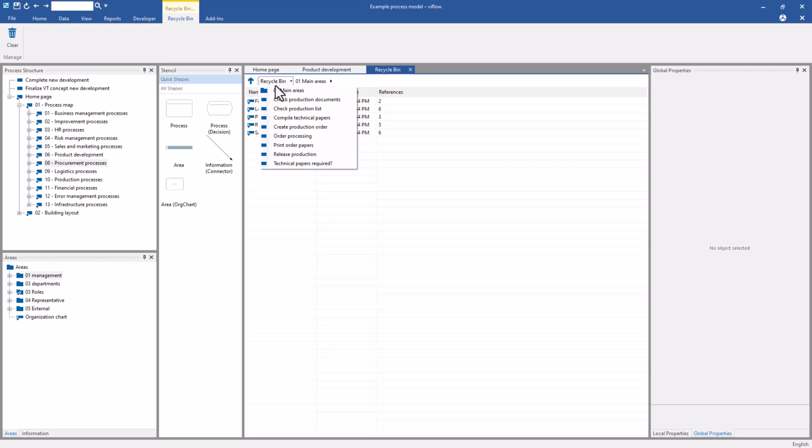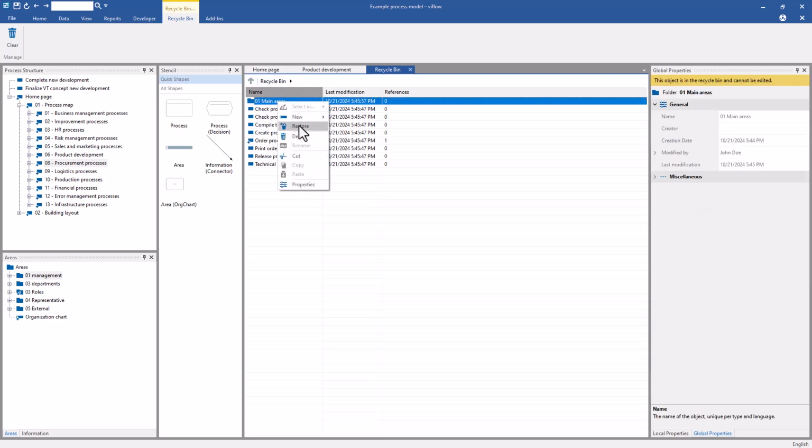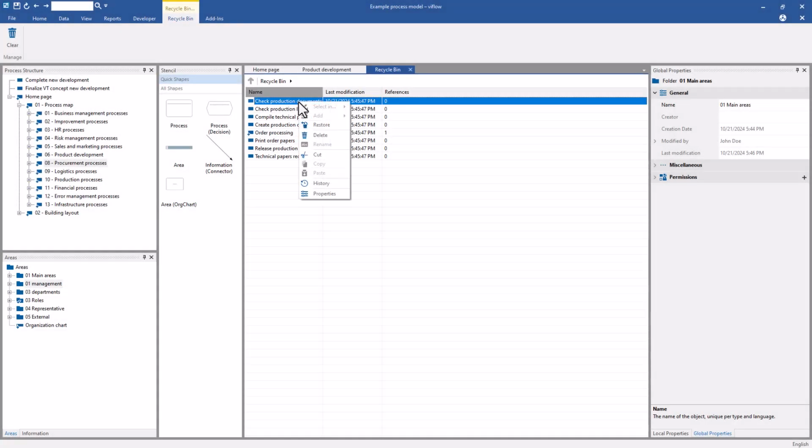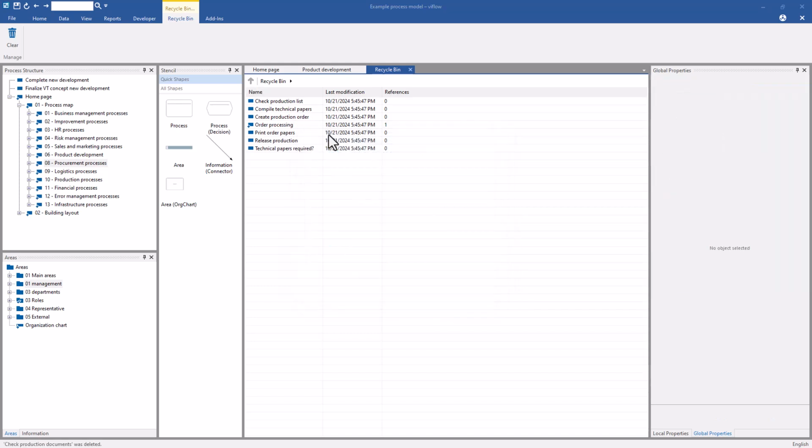To restore objects, select the Restore entry from the context menu. The objects are restored to their original position in the process model. If you want to remove objects permanently, select the Delete context menu item. To permanently remove the entire contents of the recycle bin, right-click in the window and select Empty Recycle Bin. Alternatively, you can also delete the contents of the recycle bin via the